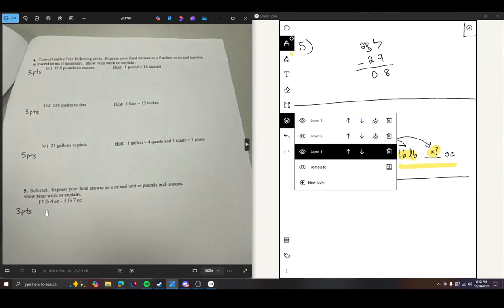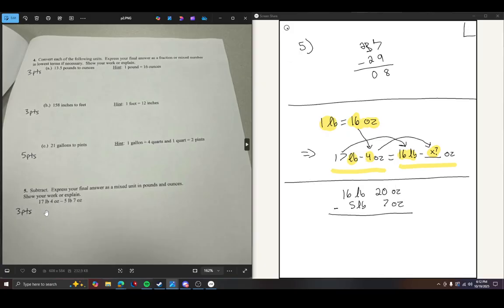If it's not clear, you can let me know. I just don't want to give you the answer flat out. But yeah, I basically gave it to you flat out. But that's how you would do it. Basically these are the same concept now. So you had 17 pounds 4 ounces, and you could convert that to this number here, the 16 pounds and 20 ounces, and then you had the 5 pounds 7 ounces, and you just subtract them like you normally would, and now everything is larger than the other, and that's how you get your answer here.